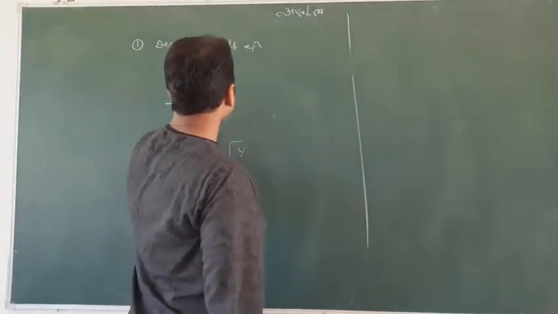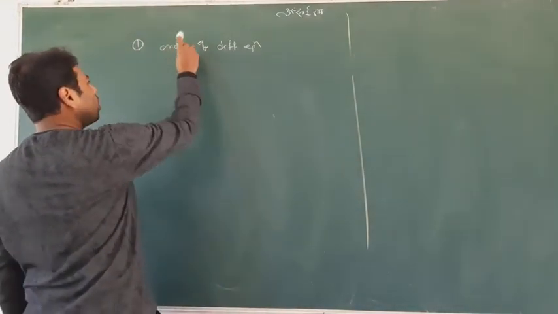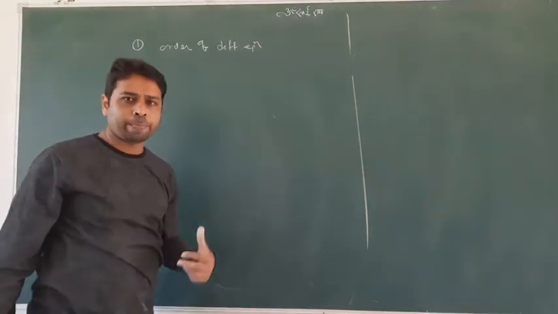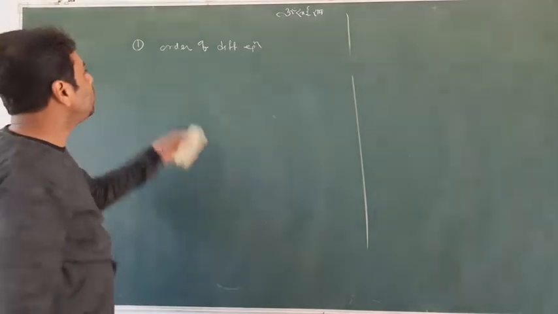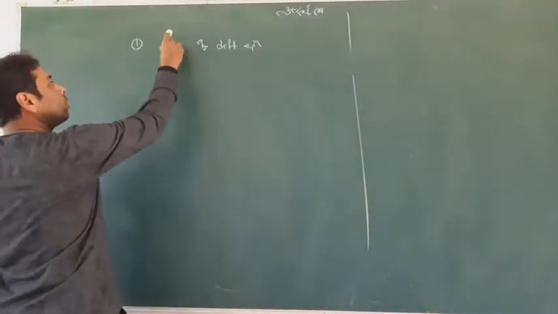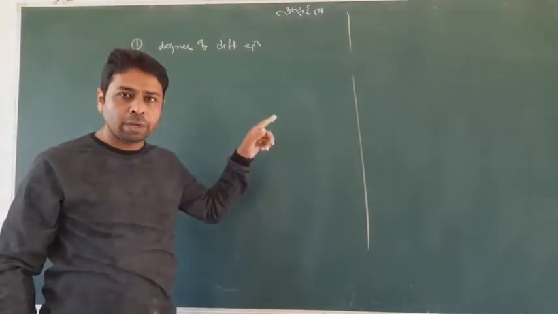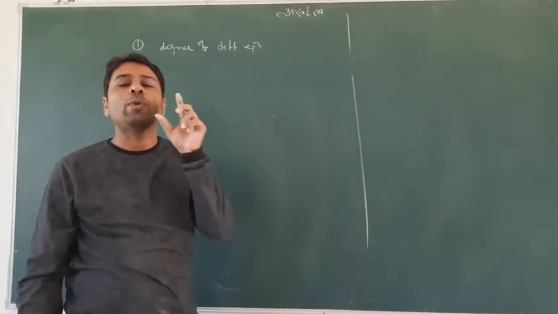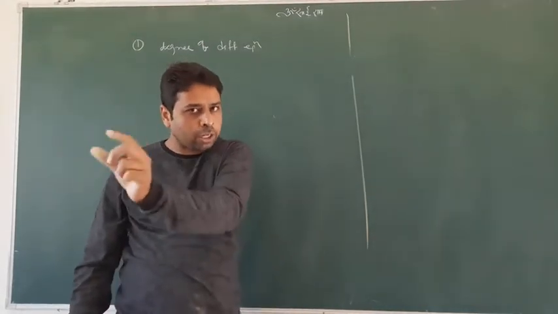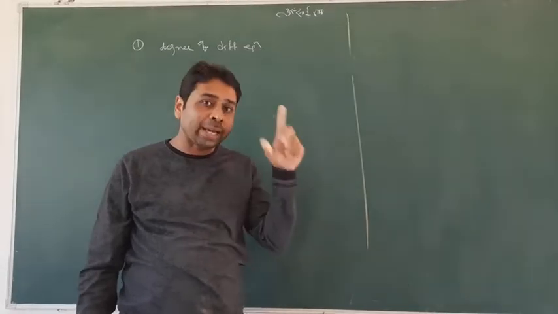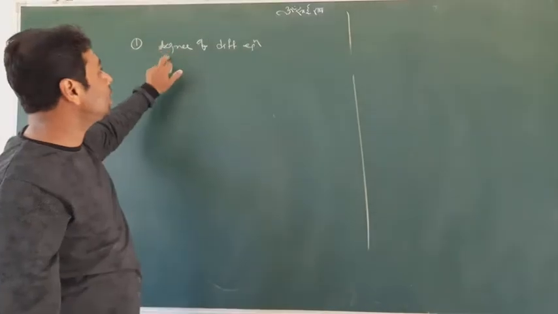Now, we talk about the next thing. I wrote here degree, but I first had to tell you order. What I taught you right now is the order. I am telling you now the degree of differential equation. Again, as I just taught you, it is order. In order, you have to identify: first, look at the whole differential equation, take out and search all the derivative sections, and see the highest order of the derivative. That is called the order of the whole differential equation. Now, the degree of differential equation.